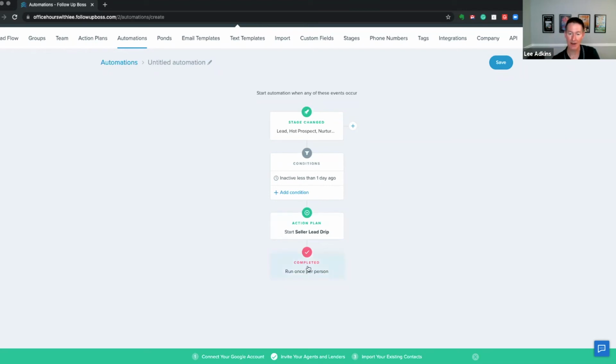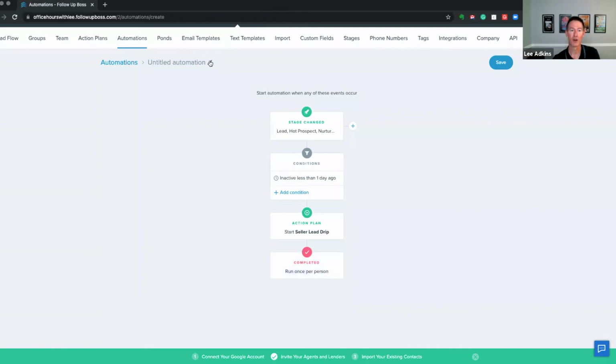One last step that I forgot to mention: at the very end, once you select the action plan, there's an option to run this entire automation only once per person or potentially more than once. If it's something like send the agent a note that they were back on the site, you probably want it to run more than once because you want it to happen each time somebody is back on the site. If it's something like sending out a very specific action plan, that's going to be weird if they get it twice. Then you want to be really careful to make sure this button is set to run once per person.